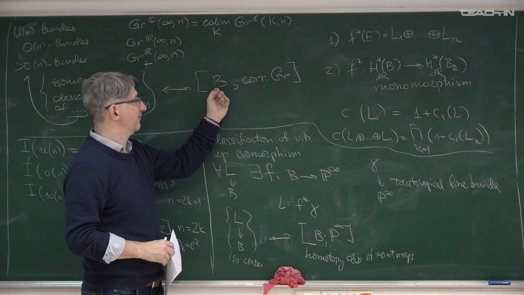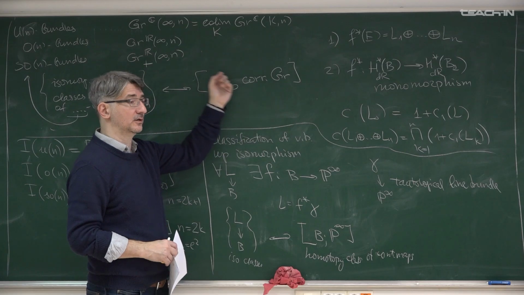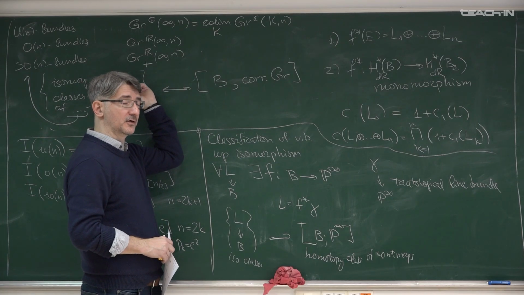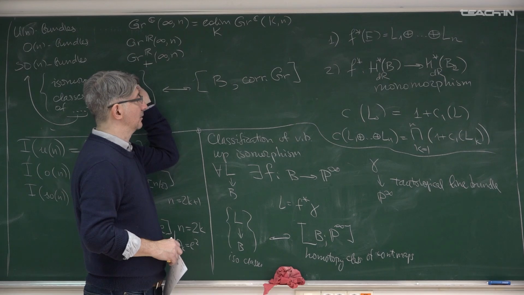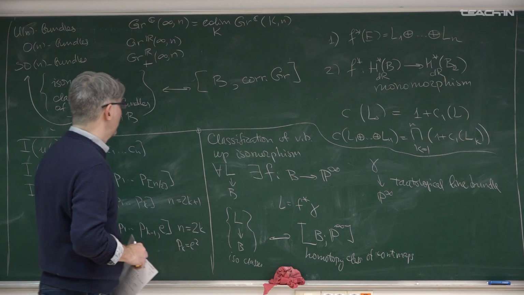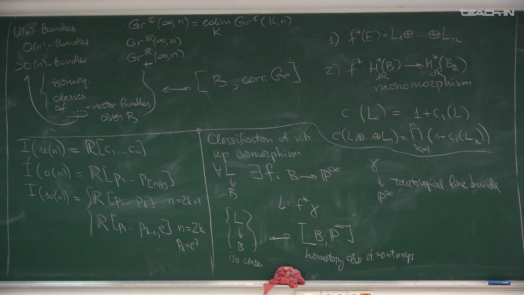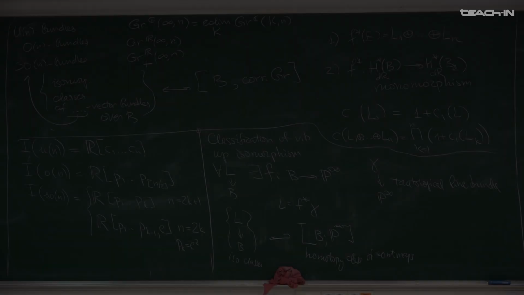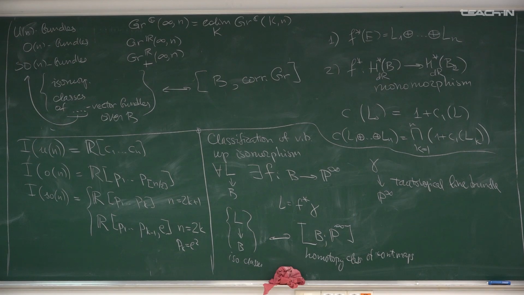So if you have a map from B to the Grassmannian, you can construct a vector bundle. The construction in the other direction, from the vector bundle to the Grassmannian, is a little bit tricky. A question to those guys who sit from the 2nd row to infinity: where is the mistake in my statement? I think there is a mistake. The base B should be compact. Otherwise, you will not be able to map from here to there.